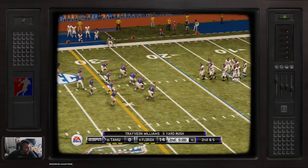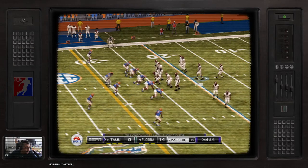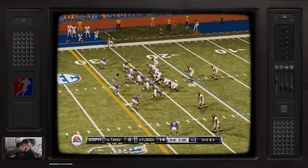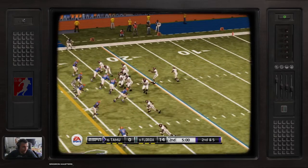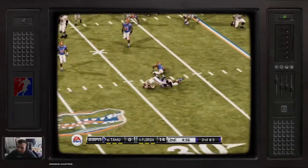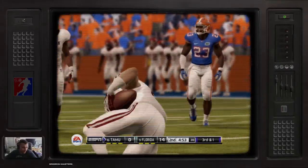Second and 5 coming up here, ball on the 25-yard line. Iowa State beats Northern Iowa 16-10. Now Iowa State is ranked number 7. I haven't paid attention too much to what Iowa State's been doing, but